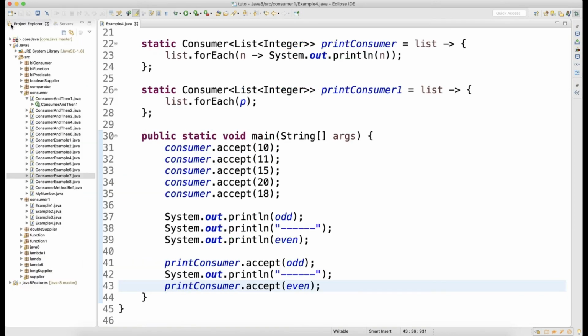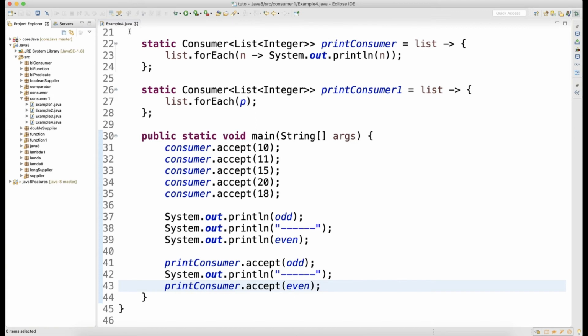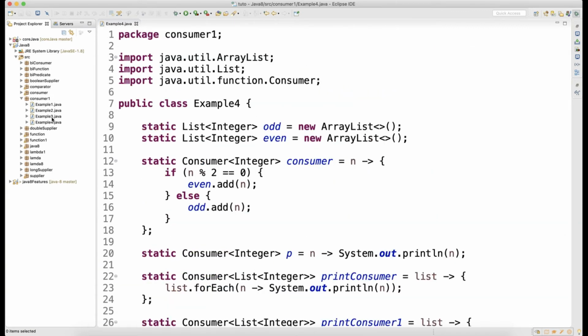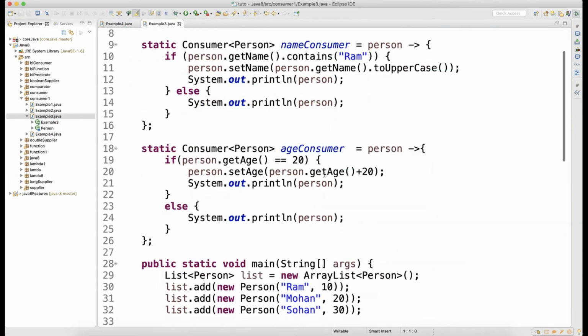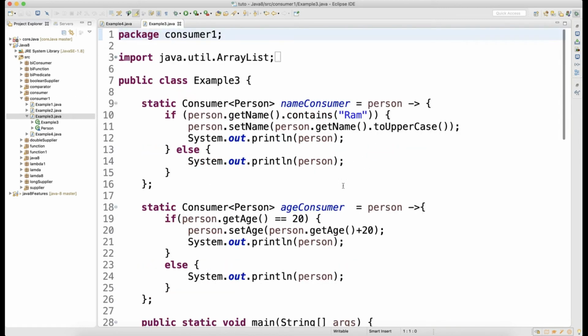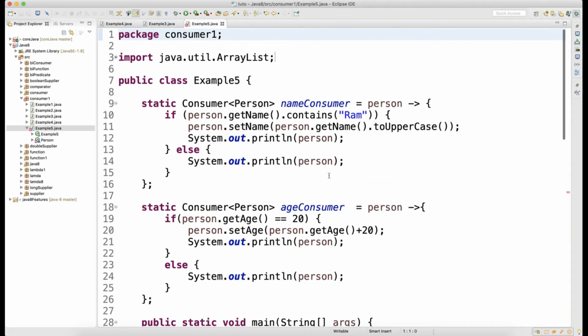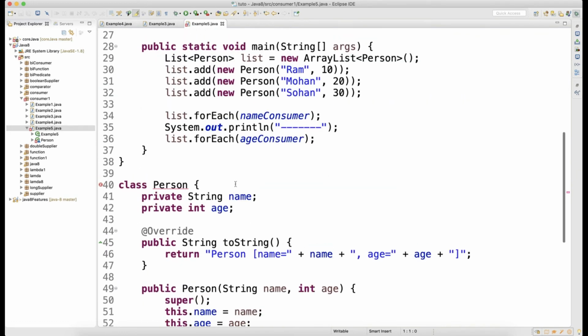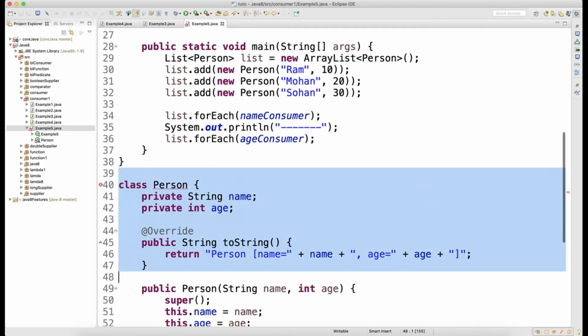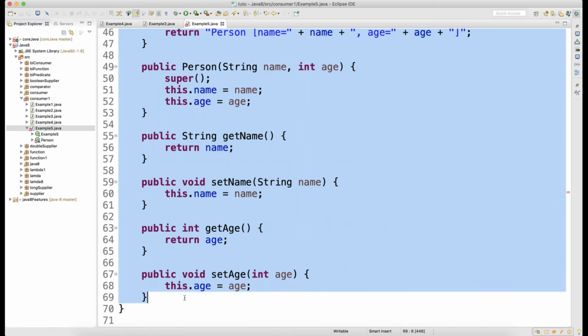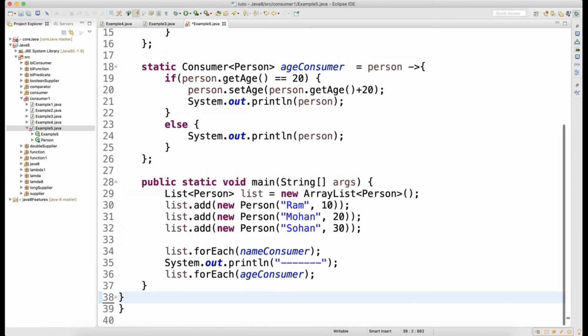All right, now let me show you one more example. Whatever example 3 I had, whatever I have shown you here, actually here you can write n number of conditions. So I'll copy this same, example 5, and I'm going to use the Person class which is already created in the previous example.